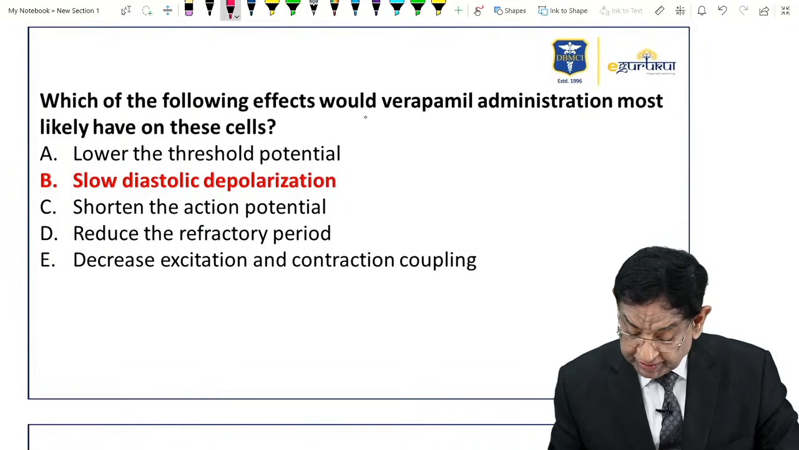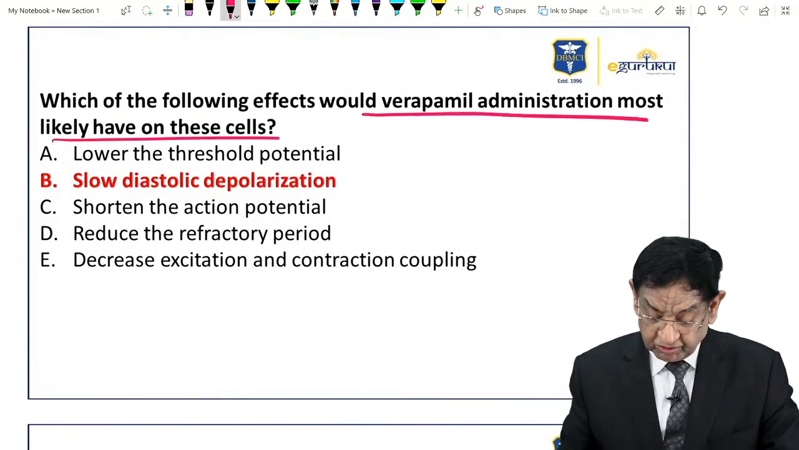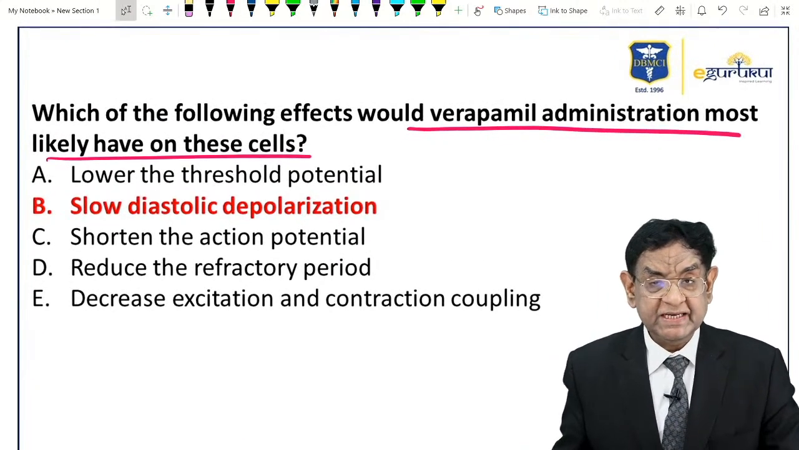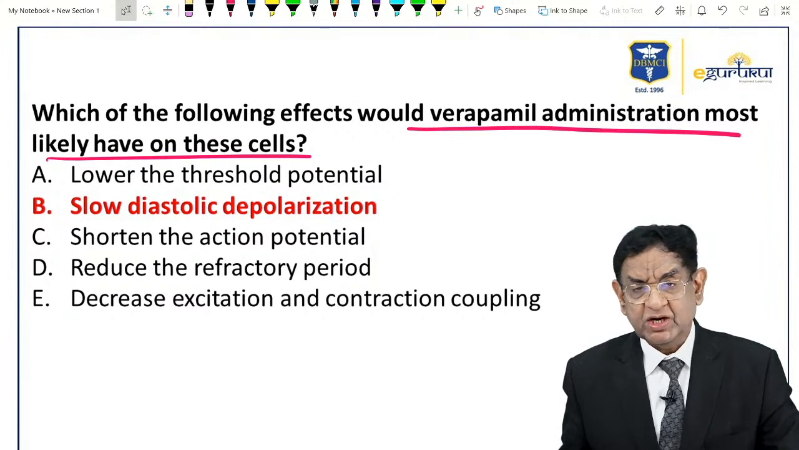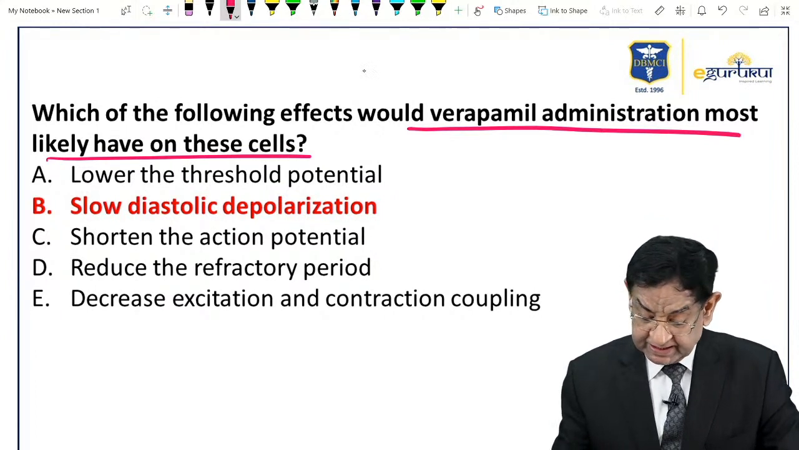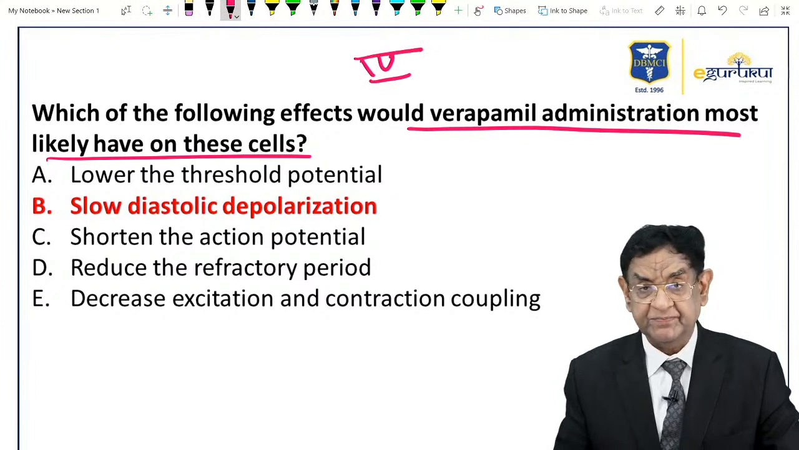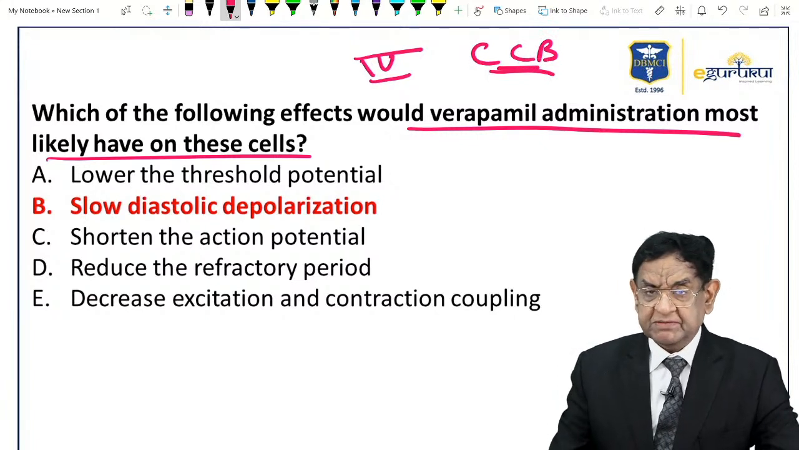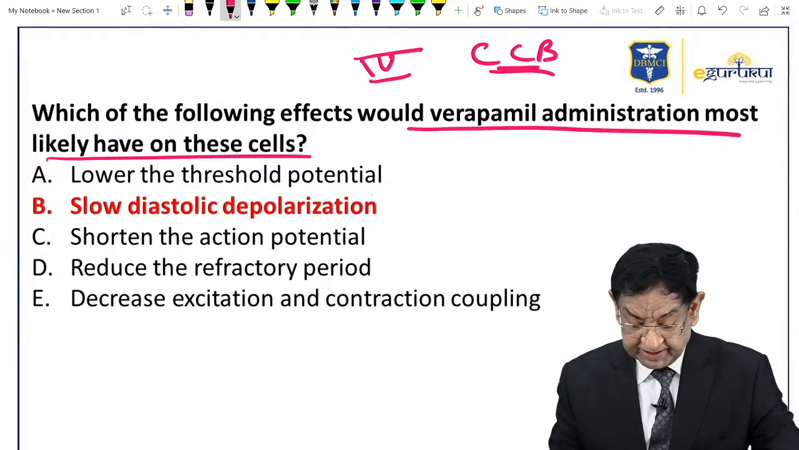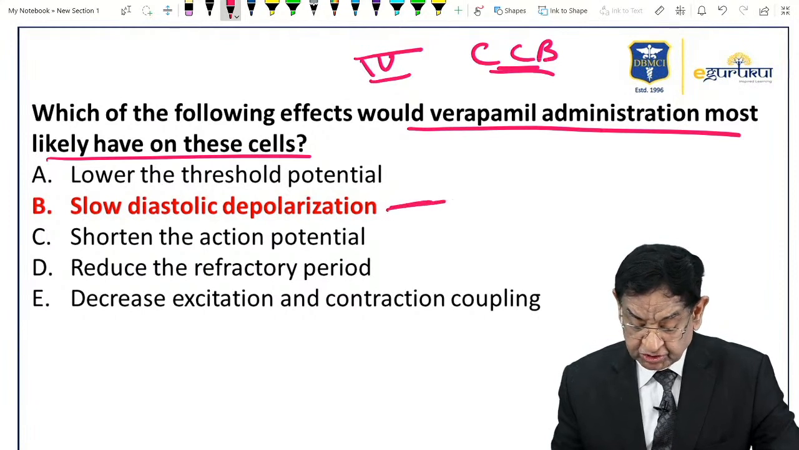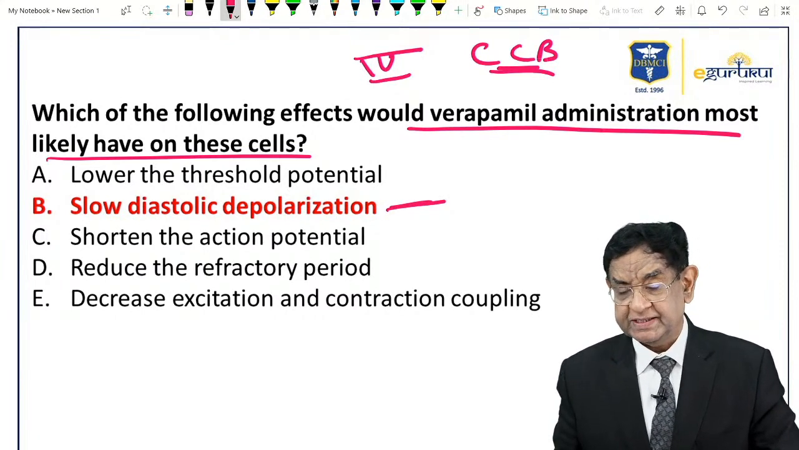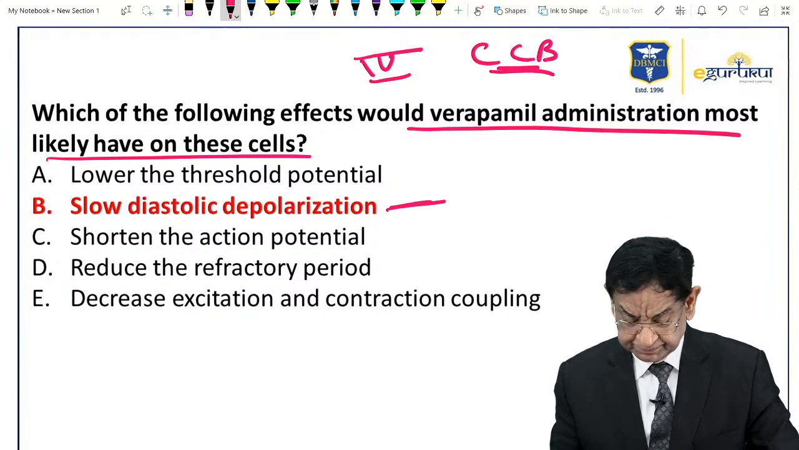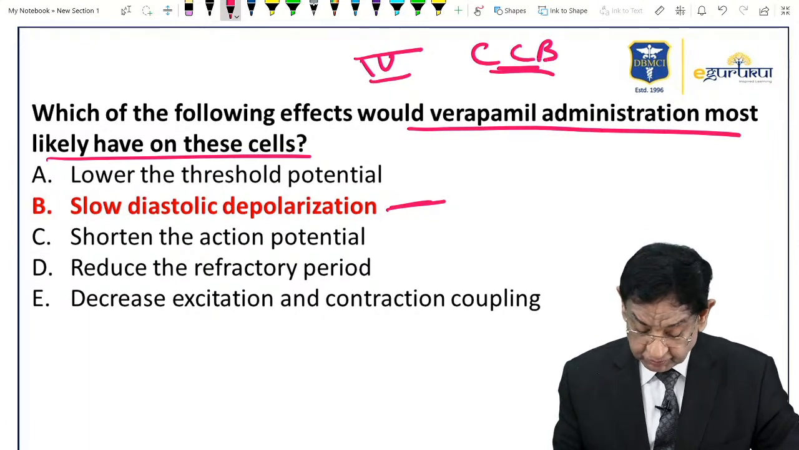Now, verapamil will have effect on which cell, which phase. What he is asking: at what phase does verapamil act, which is a class 4 antiarrhythmic drug, a calcium channel blocker? CCB stands for calcium channel blocker. It will be affecting what? Slow diastolic depolarization is the answer. Slow diastolic depolarization. Okay. Well,